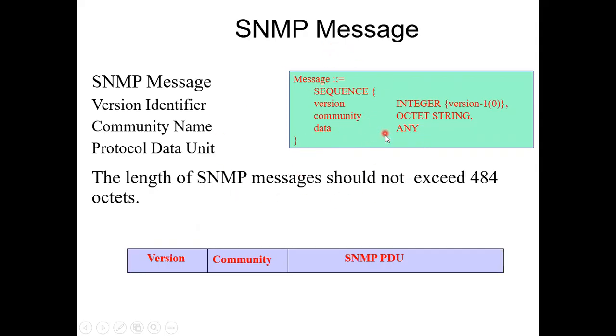This slide is very, very important from the viewpoint of a Viva or an MCQ question. Now I am telling you again, after INTEGER, since it's a default value, version 1, 2 and 3, there might be only the curly bracket.